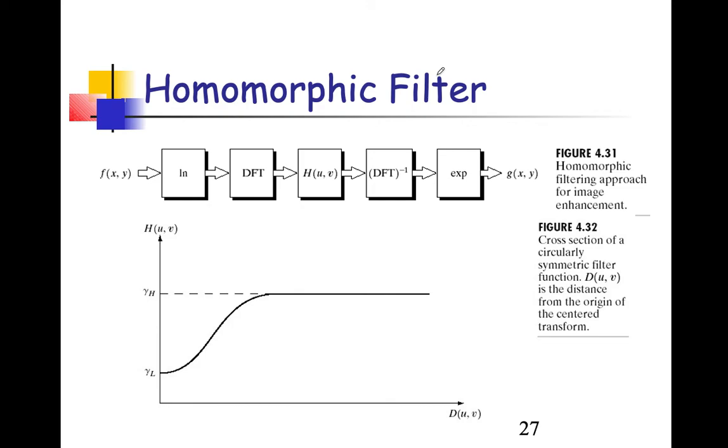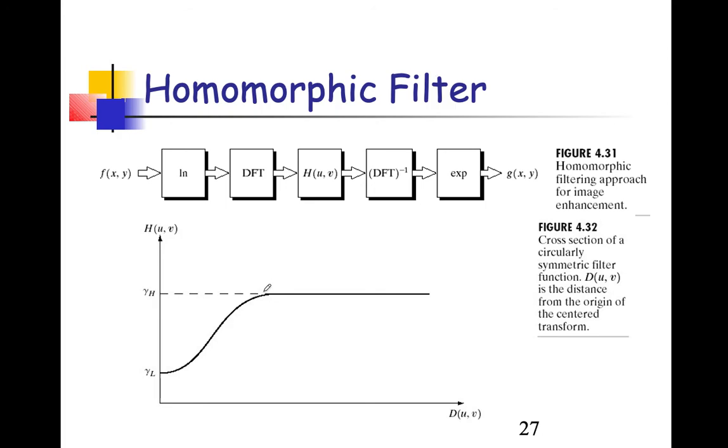The last part of the topic here is the homomorphic filtering method. Homomorphic filtering is widely used in image processing for compensating the effect of illumination. Sometimes what happens, the illumination part dominates in the image, and an illumination problem will be there. To remove the illumination problem, we use a technique called the homomorphic filtering method.